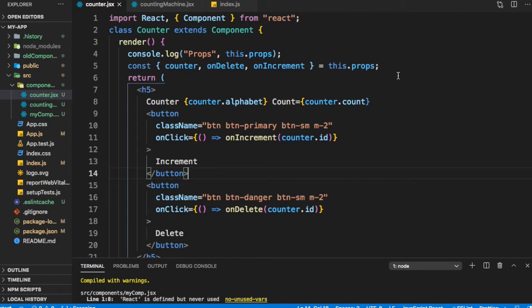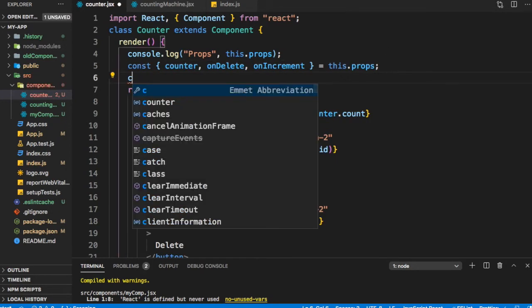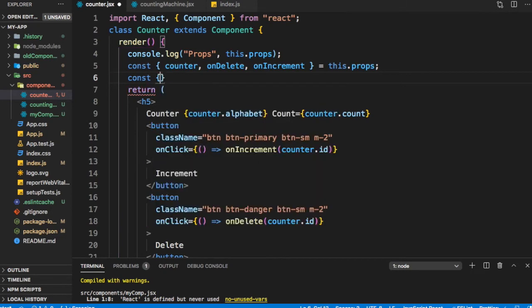And because we are using counter so many times, let's destructure the counter also. Alphabet comma count comma id is equal to counter, so that it becomes easier to read.